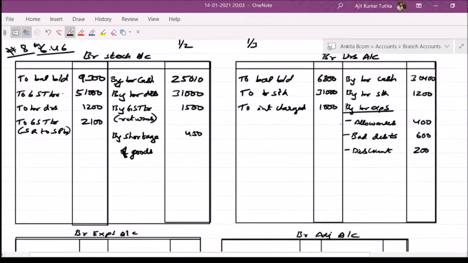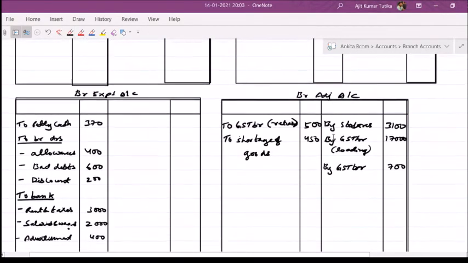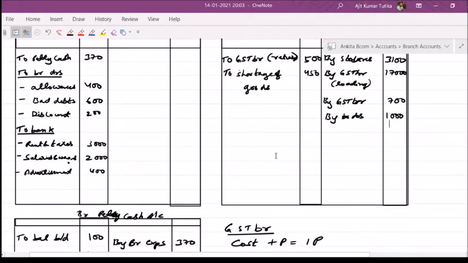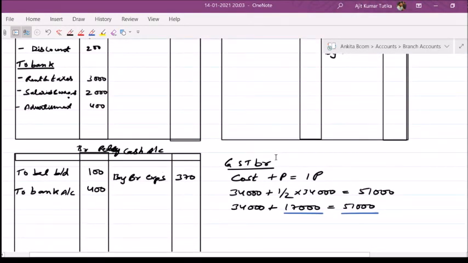Isn't it an income? You can use it in two ways. One is you can write it in branch expense, or you can write directly in branch adjustment. Here it is an income, so you write here by branch debtors, and it is 1,000 rupees. So it's a surplus basically. Now we have written everything which is appearing in the question.